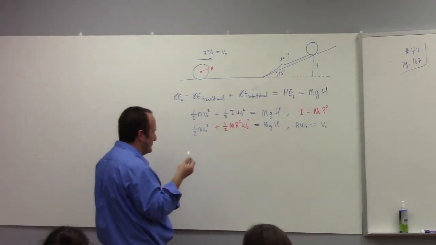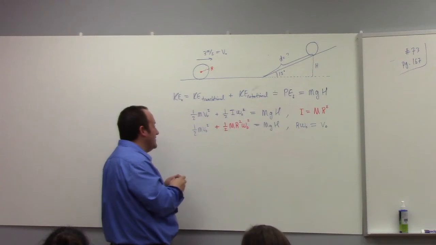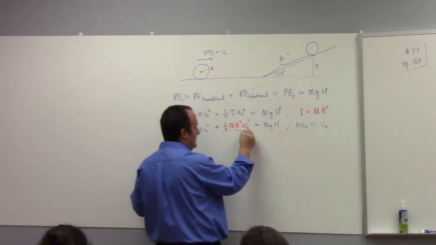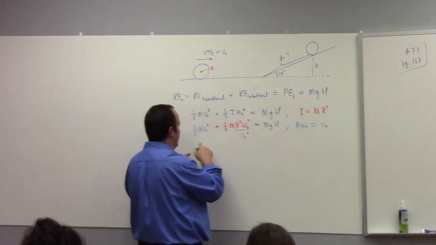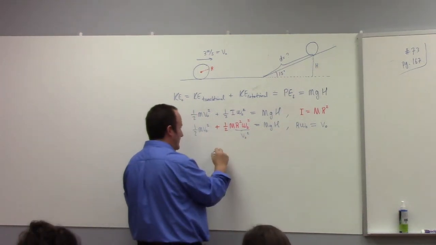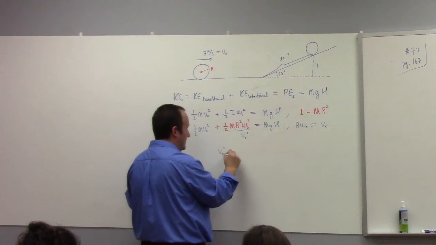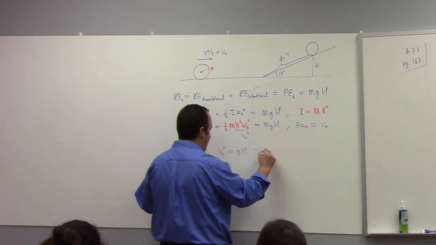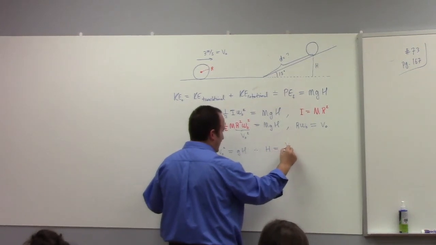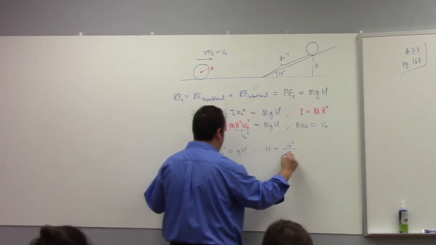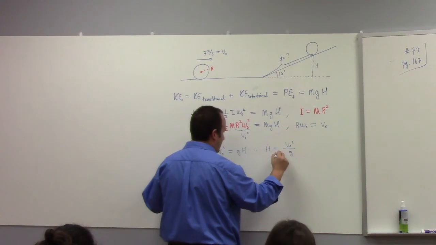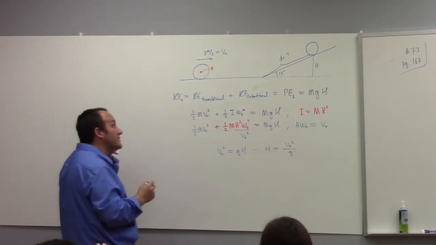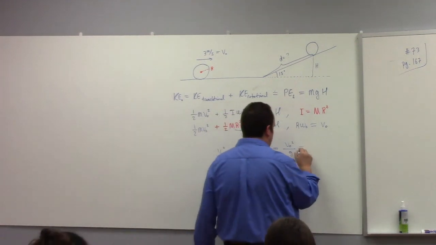So cancel the m's. This is really v0 squared in disguise. So what you've got here is 1/2 v0 squared plus 1/2 v0 squared equals gh. So therefore, h is equal to v0 squared divided by g, which is 9